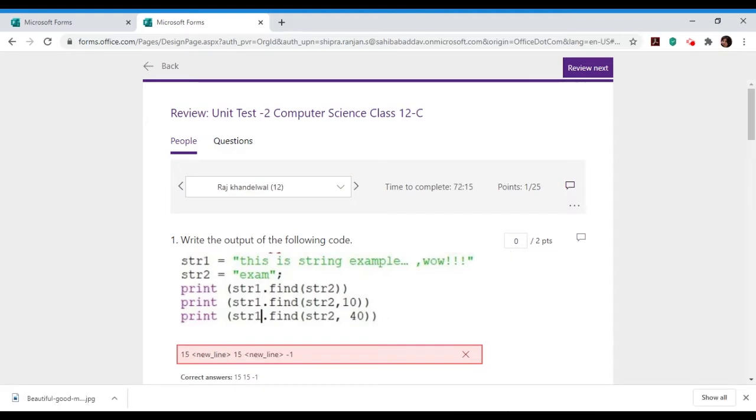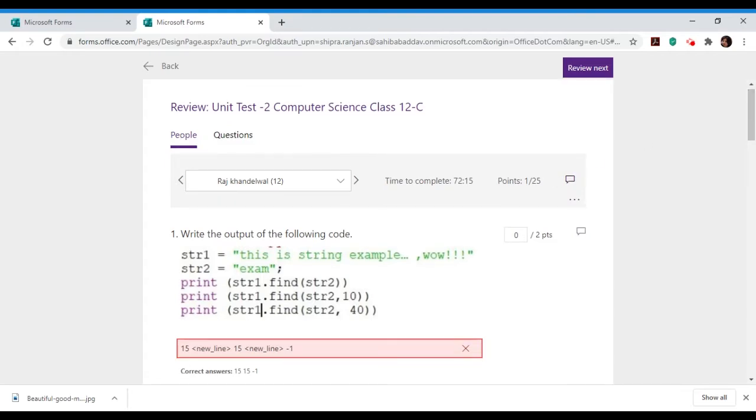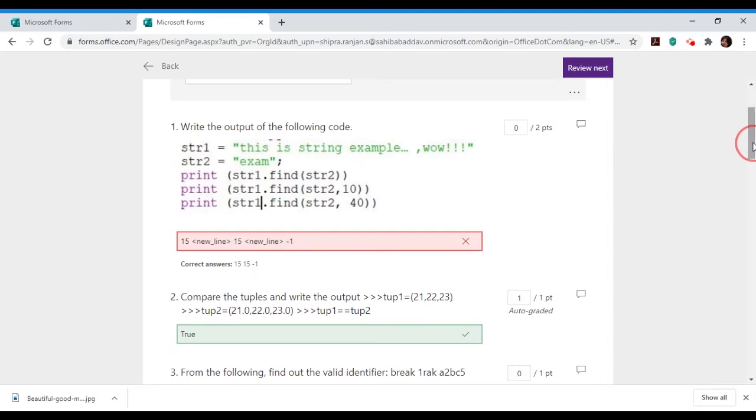Here I have taken one student's answer sheet. I'm reviewing this answer sheet. You can have a look at how this can be reviewed. You notice that because a few questions were auto graded, the student has scored only 1 mark, but there are many answers which were subjective and had to be manually reviewed. Let's see how this review can be done one by one. This is the first answer and the answer is 15. This was auto graded, but because the student has given some new line, some extra characters in between, but the answer is correct, so I can give full 2 marks to this student here.